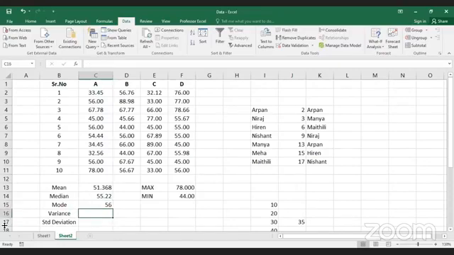So mode is this. Now we all know what a variance is. Variance is the square of standard deviation, right? In statistics, we all know that variance is the square of our standard deviation. So I'll find a variance. So I'll write